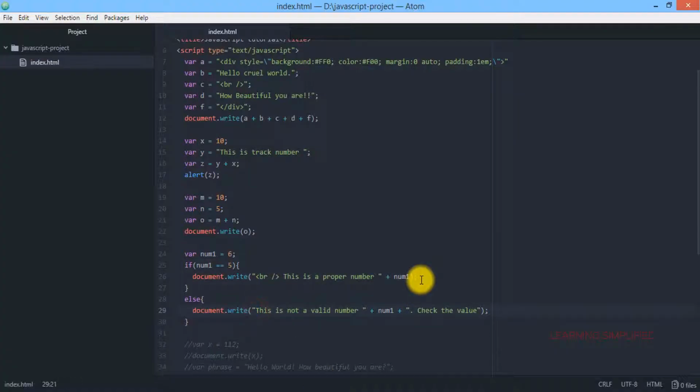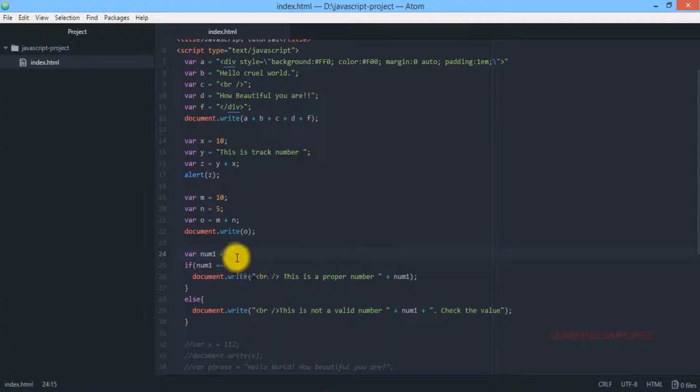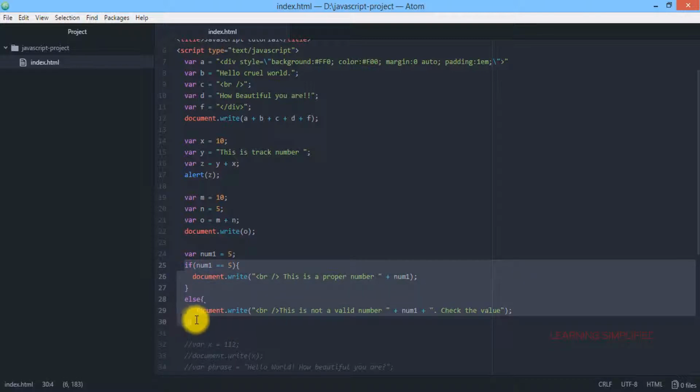What you can do is provide another line break tag here. This is a must that you should do. Now reload, and you can see it is here. Now I am changing this value again and pressing Ctrl S, getting back to our project, and on reloading we can see that this is a proper number 5. That means this condition is now checked over here. That is why it is printing the first set of instructions, and the next set of instructions is being skipped. So this is the thing we need to know about this if else statement